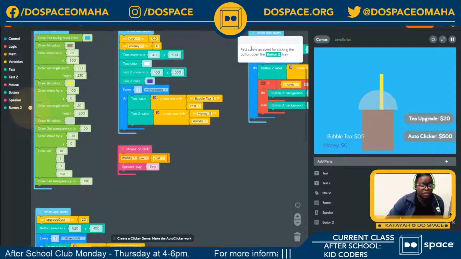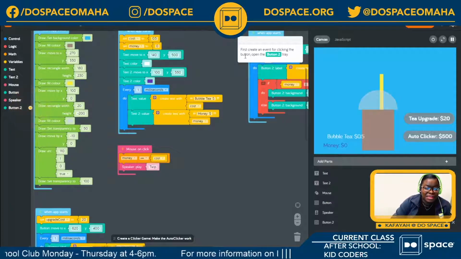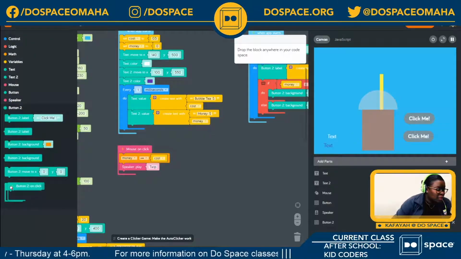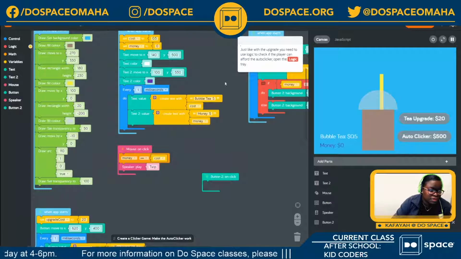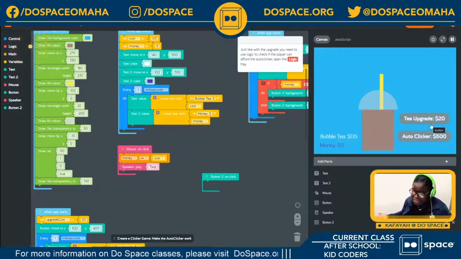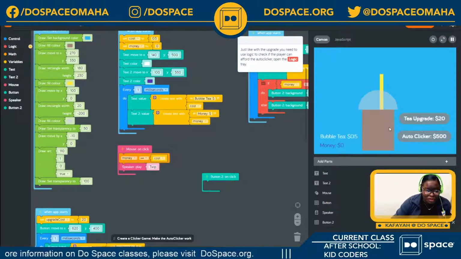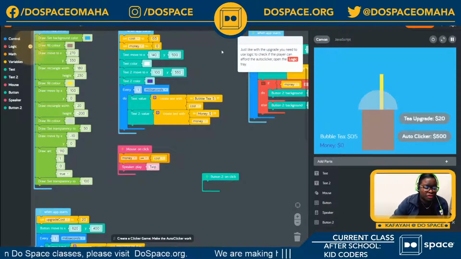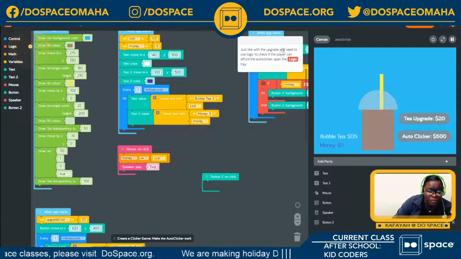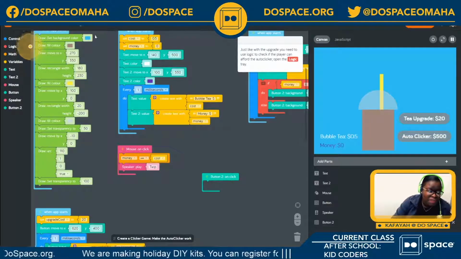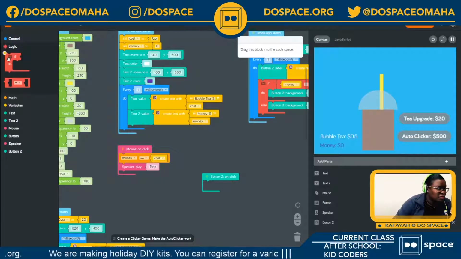So first, we're going to create an event for clicking the button. So I'm going to open the button tray, and just like with the upgrade for when you want to purchase fancier tea than the one that you had before, we're going to do the same thing for purchasing our auto clicker. So just like with the upgrade, you need to use logic to check if the player can afford the auto clicker. And when we say logic, we mean the if statements. So I'm going to go in here